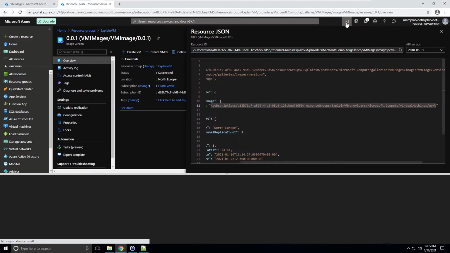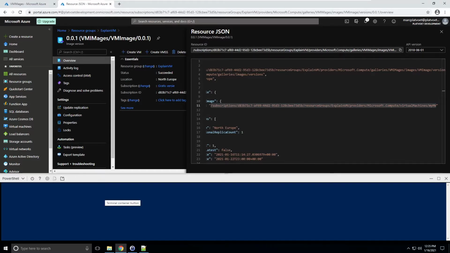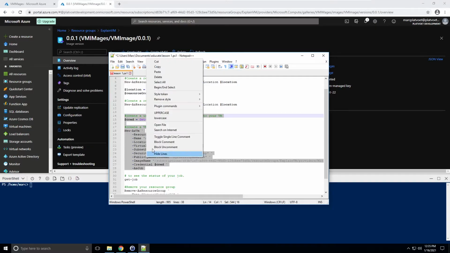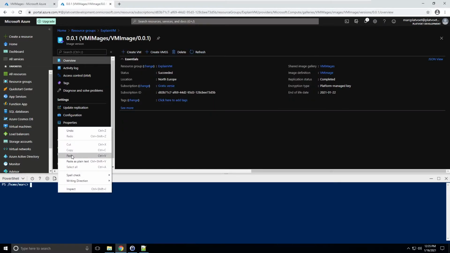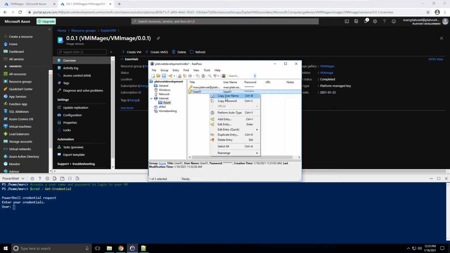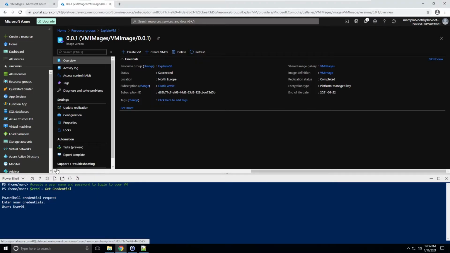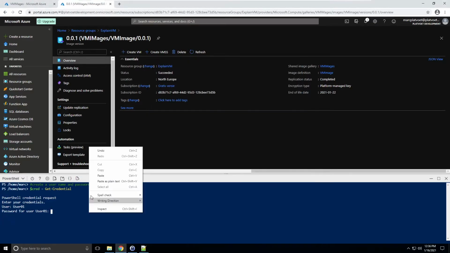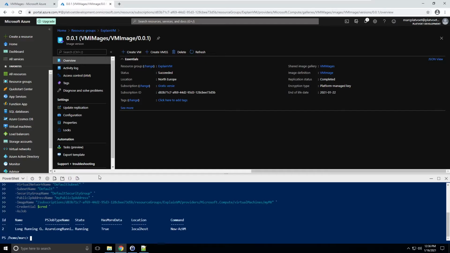So now I'm going to start the console, and now I'm going to copy paste in this part of my script. I have to give here a username. I'm going to use the same user. Copy username, paste. Got to give the password too. Password, paste. And here it's running. It's creating my VM. So I can monitor the job with saying get job,